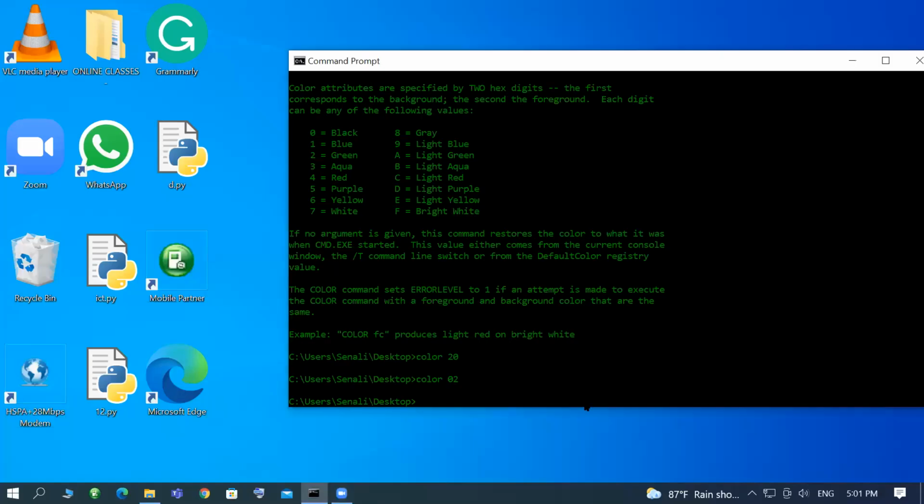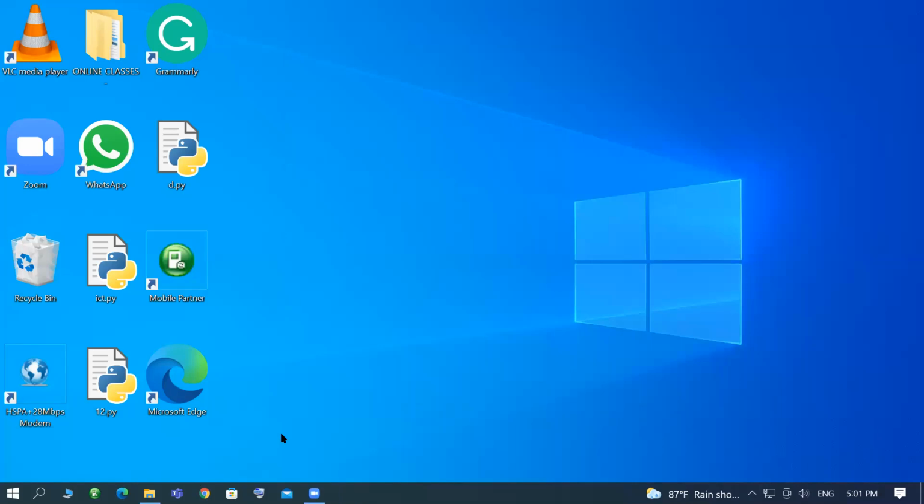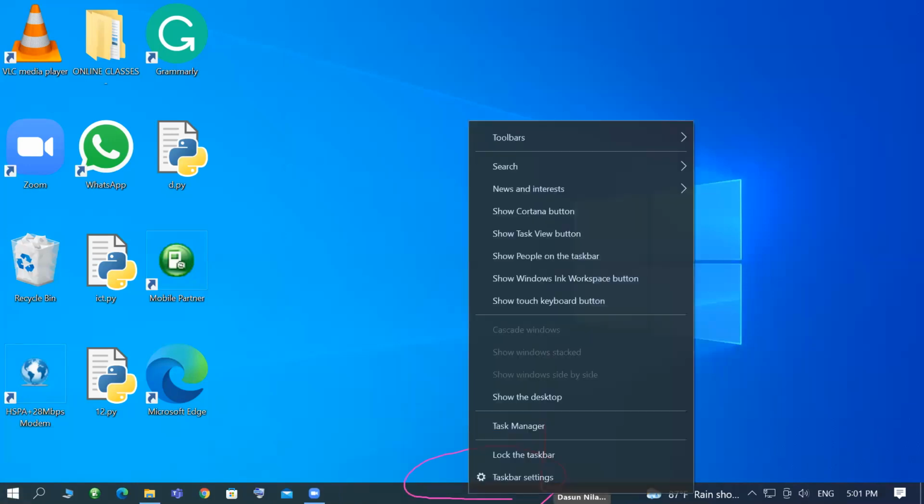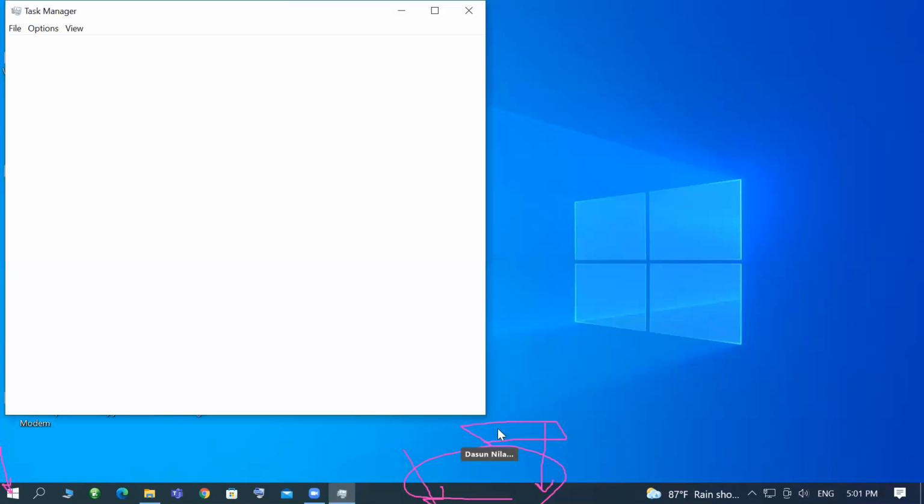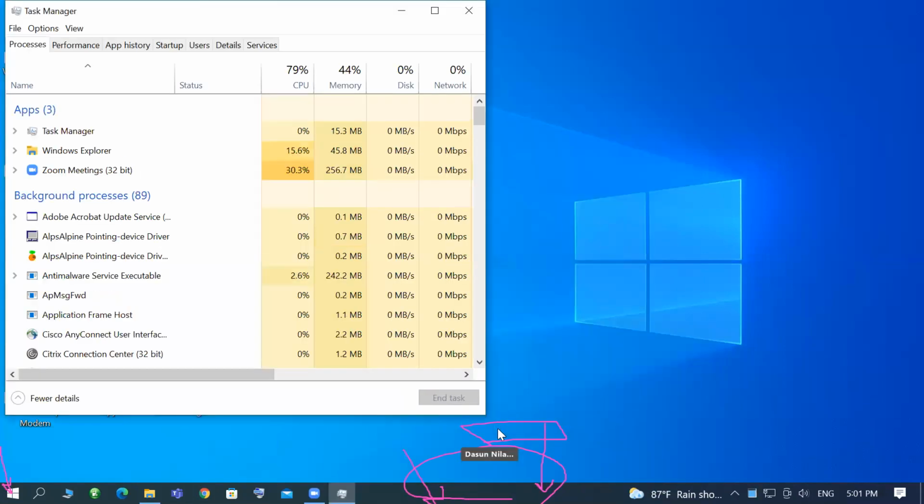Okay, again Scenario. Right. The tool is this. When you right click in your task bar, in an empty space in your task bar. In Windows 11, you have to right click on the Windows button, right? Right here, you have to right click in the empty location and select Task Manager. That is the tool. When you go to the Task Manager, you can see every kind of management activity in